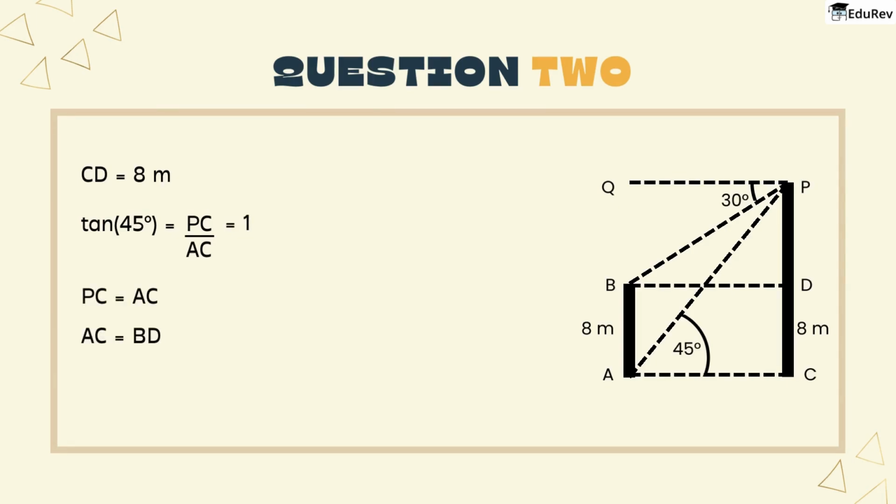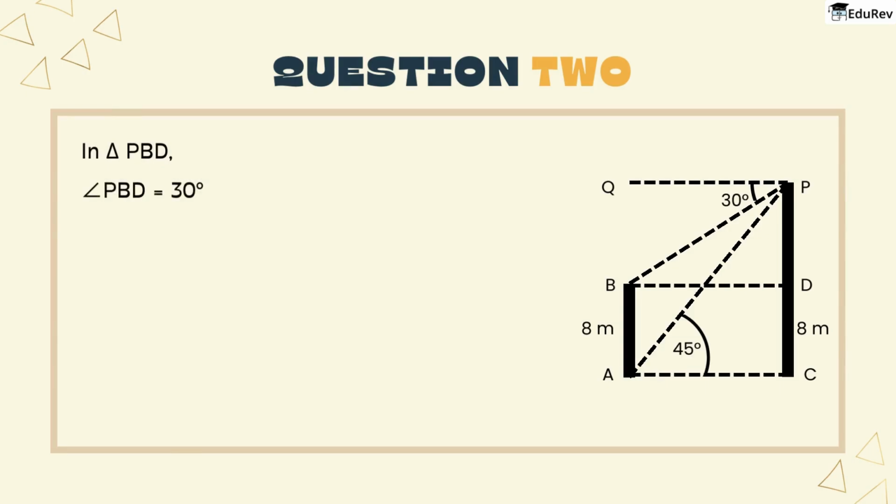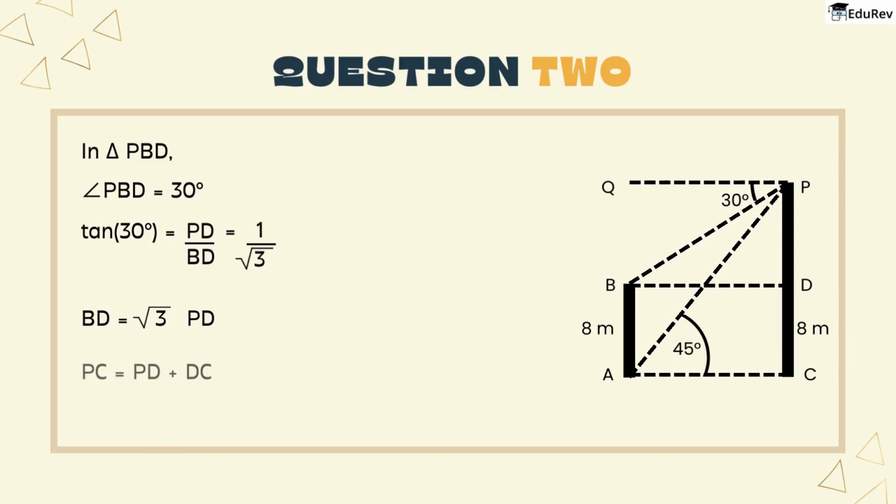AC is also equal to BD. This means PC is equal to BD. In triangle PBD, angle PBD is 30 degrees. So, tan of 30 degrees is PD upon BD, tan 30 is 1 upon root 3. This implies BD is equal to root 3 PD. Also, PC is equal to PD plus DC. Since AC is equal to BD and DC is equal to AB is equal to 8 meters, we get PD